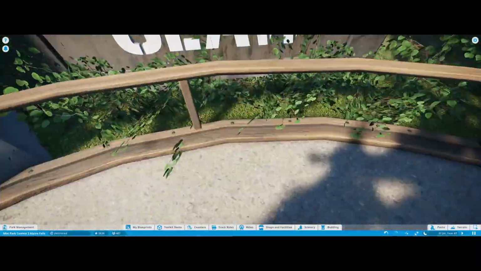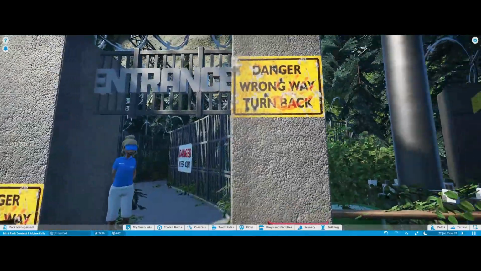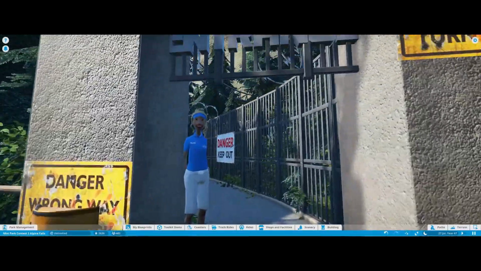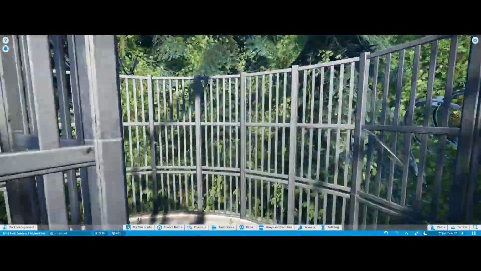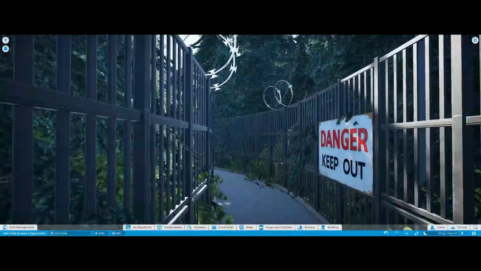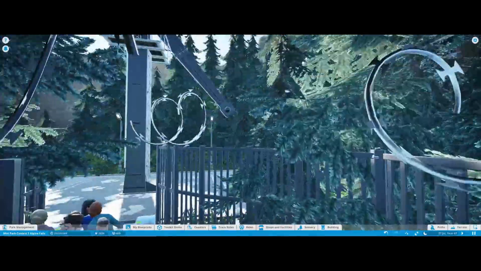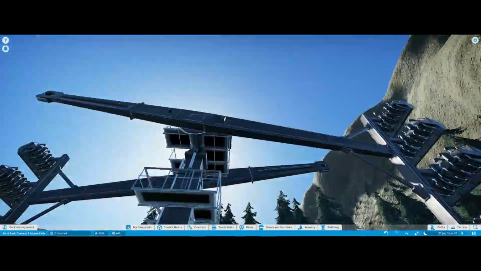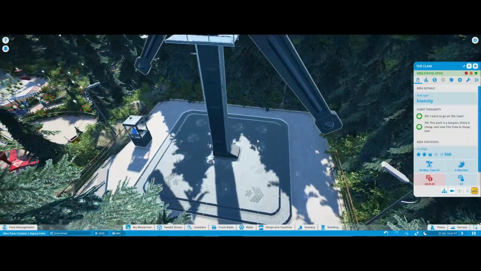But yeah, now we're going to check out the claw. So again, you use the barbed wire, and here we have danger, road way back, go that way. You have all this fencing, as if we're in a compound with caged up animals. And that horrendous, horror feel. Then you have the claw,